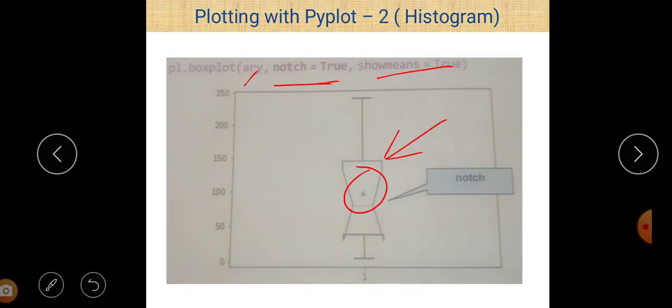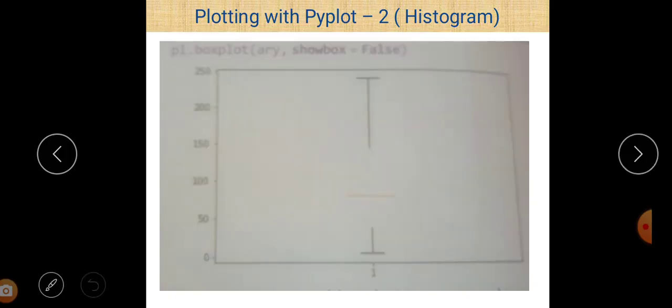So at least a data set value is to be given. After that, notch and show mean are all optional parameter values. If we don't give them, default values are considered. So in this case we use notch is equal to true and show mean is equal to true. That's why our diagram looks like this here.